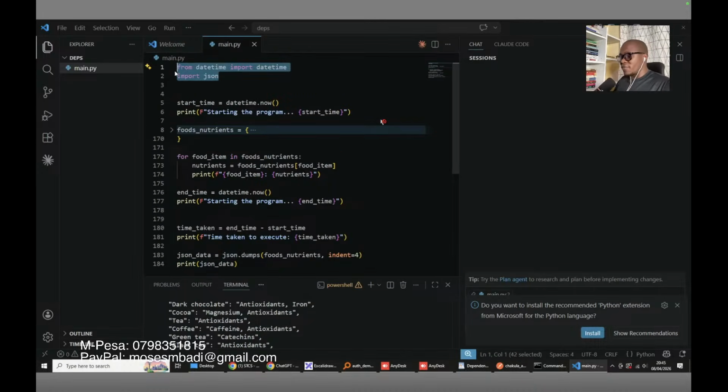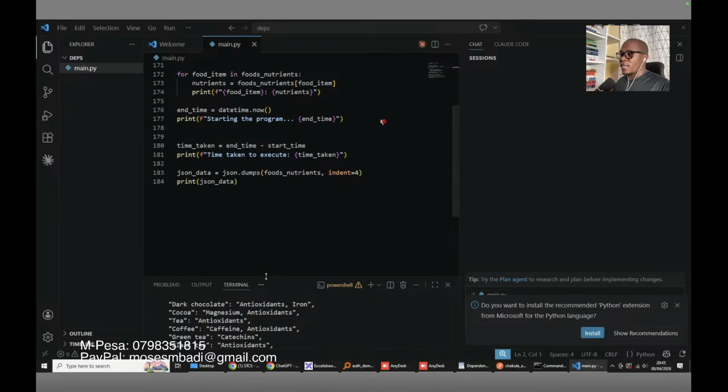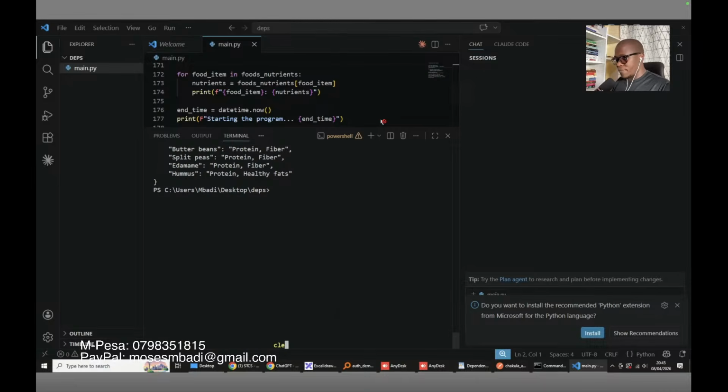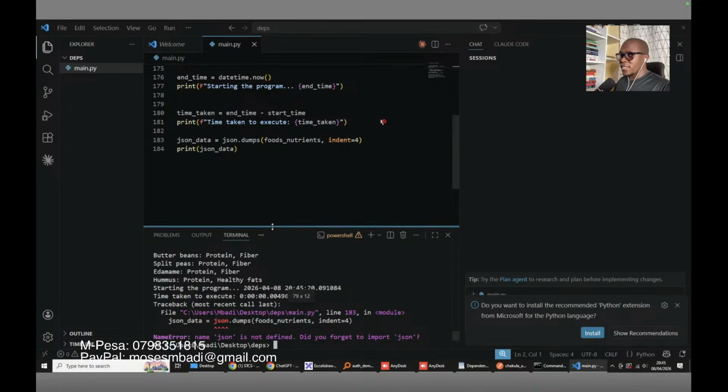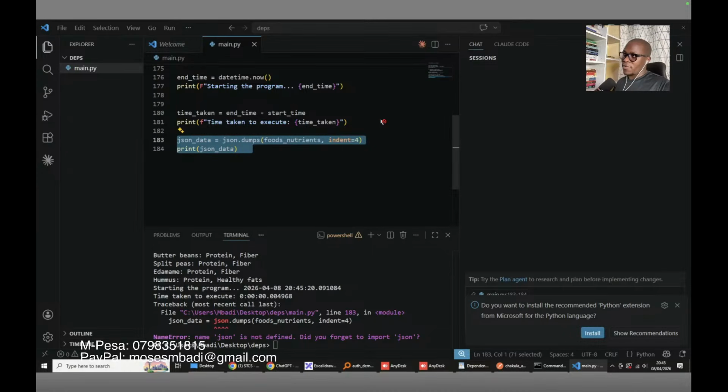So if you remove this, let's just delete it, and then we run our code again. As you can see, it executed the code up to this part. This shows you what I meant when I said Python executes your code line by line. So it ran our code successfully up to this part. Print time taken to execute. Up to this point, everything worked okay, and then we